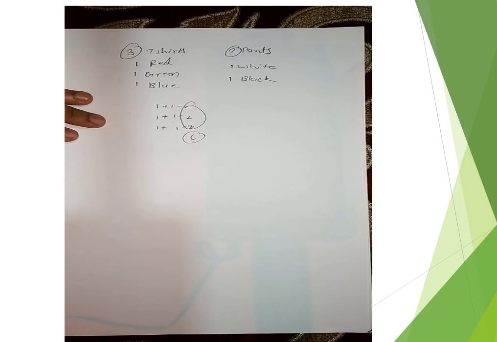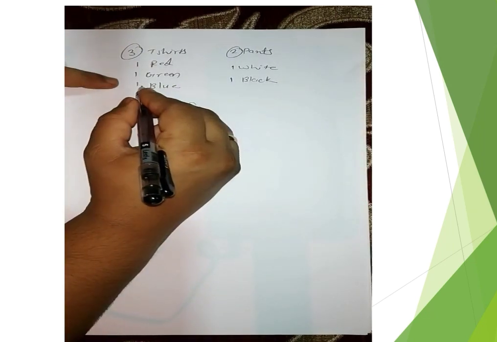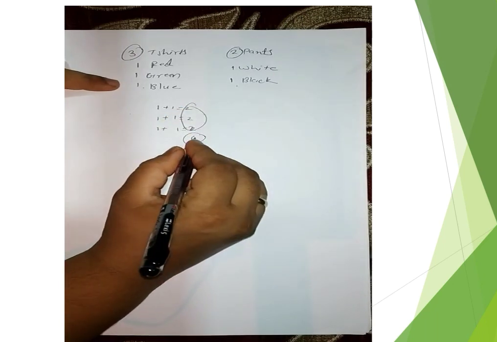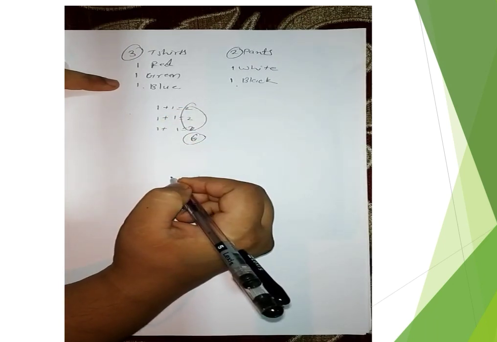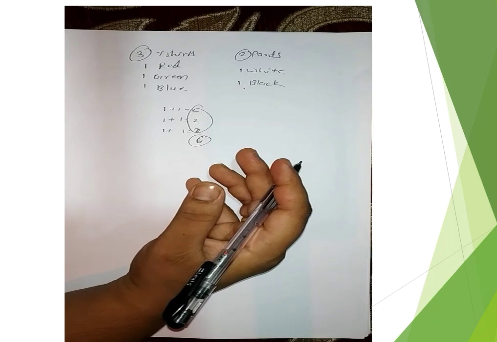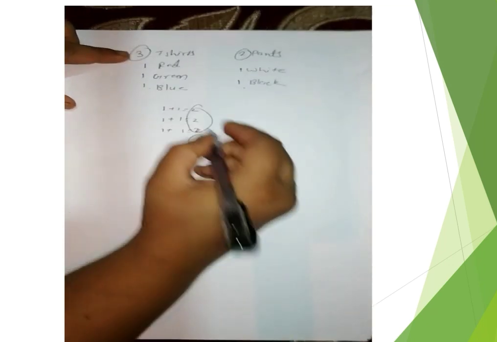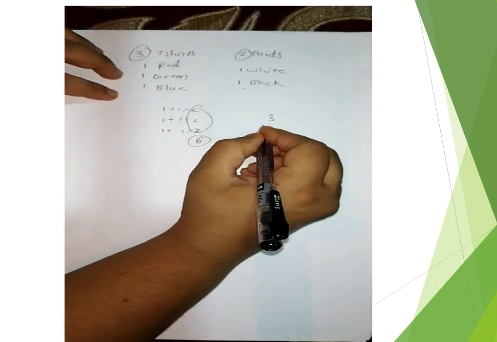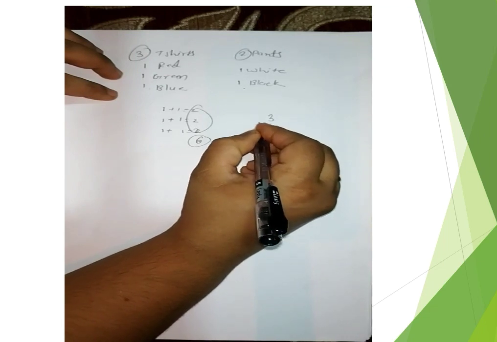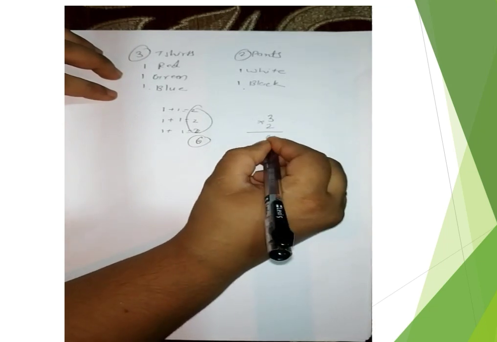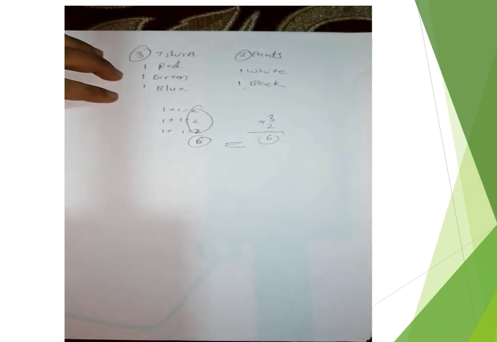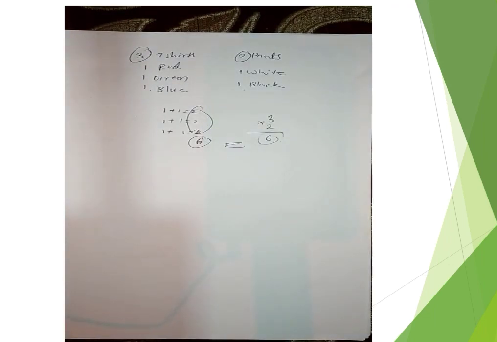Pairing means the number of different pairs formed by pairing an object from 2 groups, from 1 and from 2. How many pairs are we getting? 6 pairs in total. So in short, how to find the pairs? The number of objects in one group and the number of objects in another group, and the product of these numbers is the pairing of an object. Understood? Okay. So now we will move to the division part.